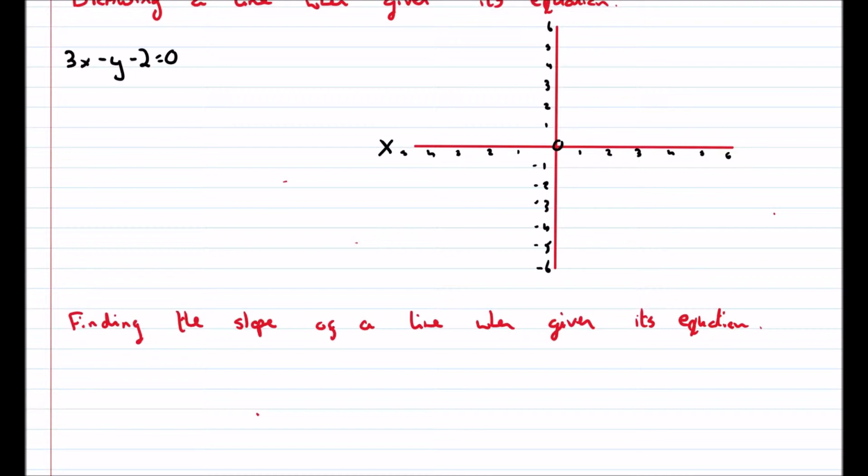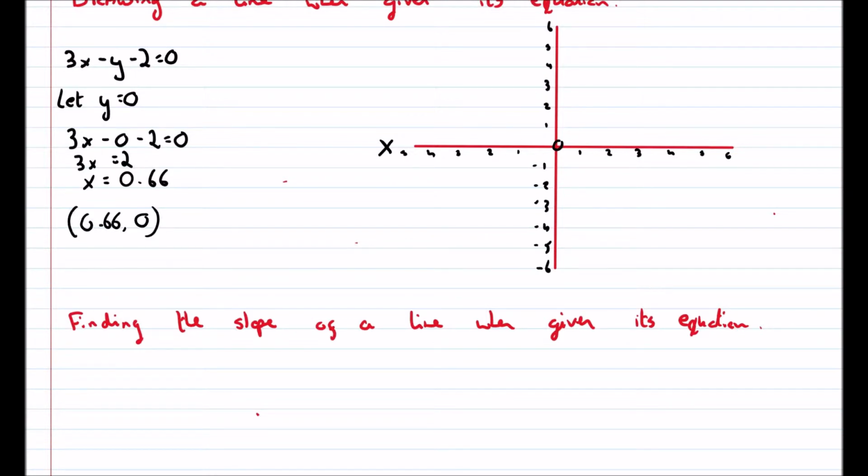So to find where it crosses the x-axis, or to find the x-intercept, I'm going to let y equal 0. So we get 3x minus 0 minus 2 equals 0. So 3x equals 2, so x equals 0.66. So there's 1 point where it crosses the line, which is (0.66, 0). Now I want to find out where it crosses the y-axis, and I will let